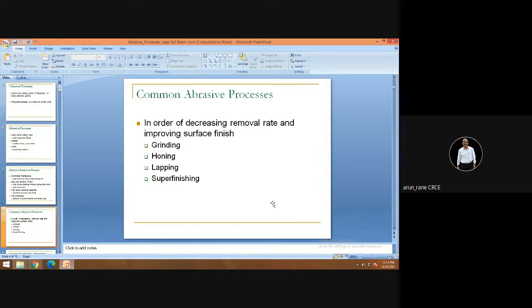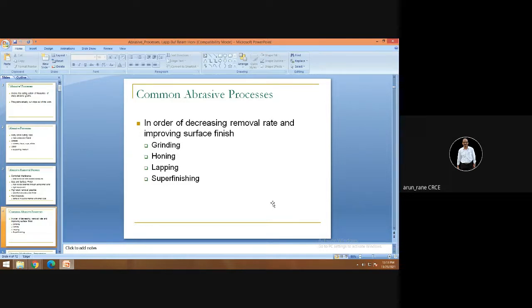Now as I told, you can do broaching also, but generally broaching is used up to 25 mm and honing is used above 25, 25 to 50, because you can do broaching of 100 mm size also, but then the broach is very expensive. It will cost around 10 lakhs if you want a 100 mm broach. So honing is the best option.